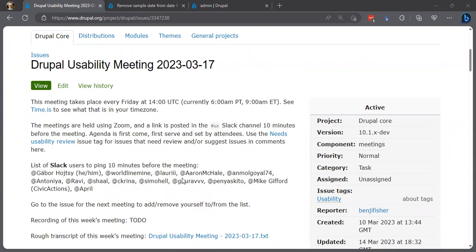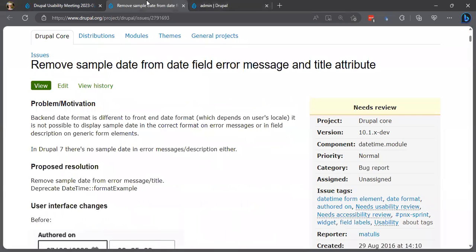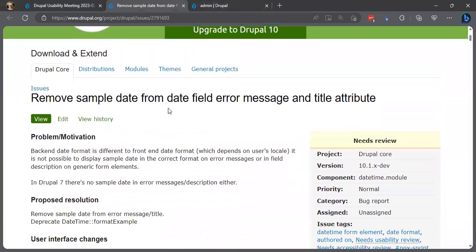Welcome, everybody. I'm going to keep an eye on the chat, so for anybody who wants to, you can also type in the chat. We've got a small group today, but a good mix of front end and back end people. So I think the first issue we're going to look at is issue number